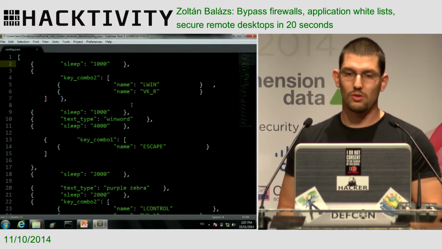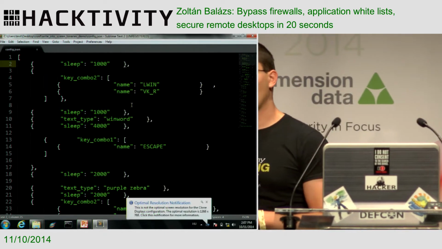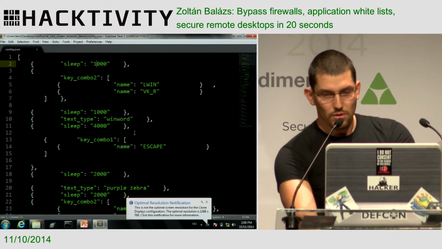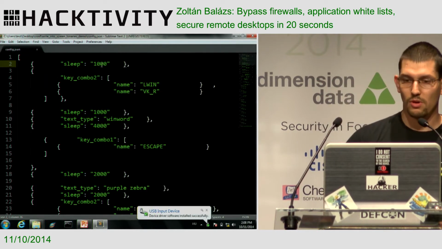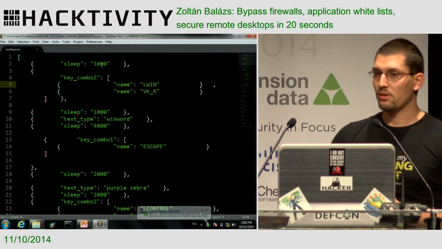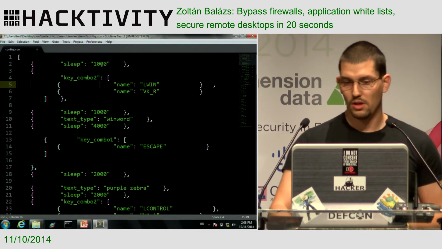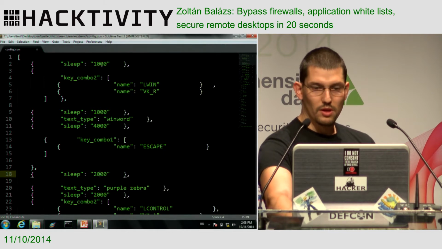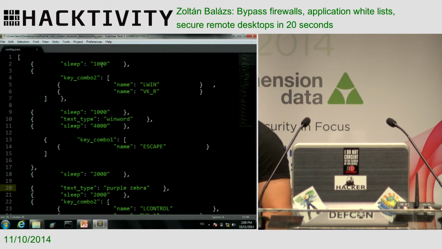This is the configuration file of my, I call it user simulator. Basically, what you can see here is that it sleeps for 1 second. It presses the Windows and the R button, which is to start a new command. It will type in WinWord, sleep something, and to do this demo a little bit more interactive, I want to